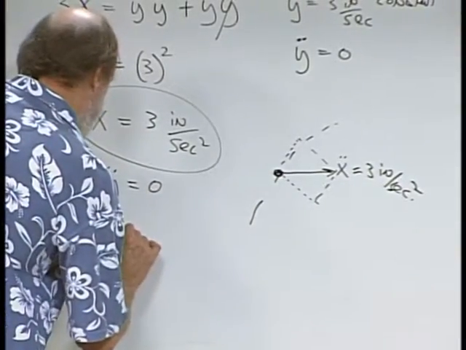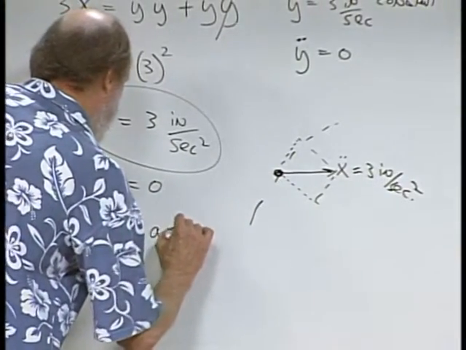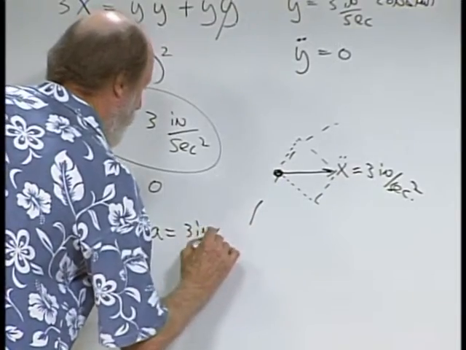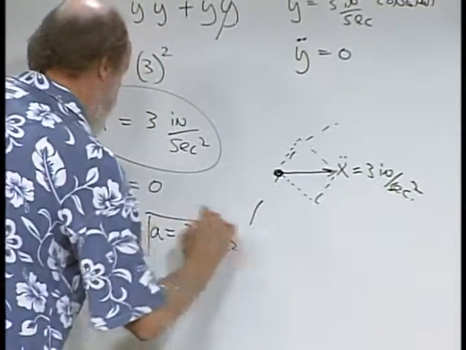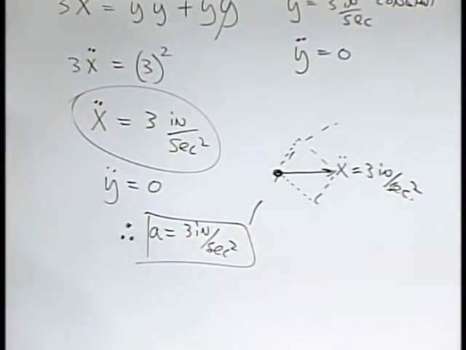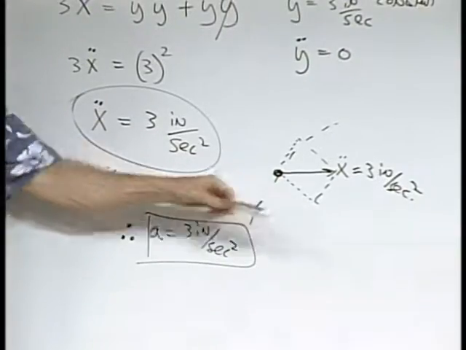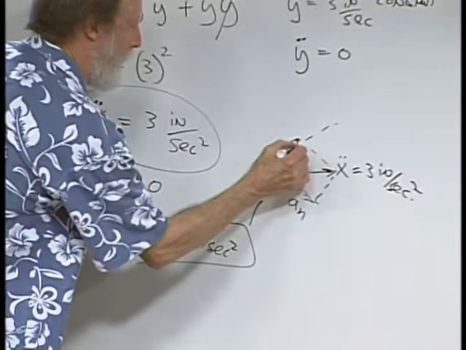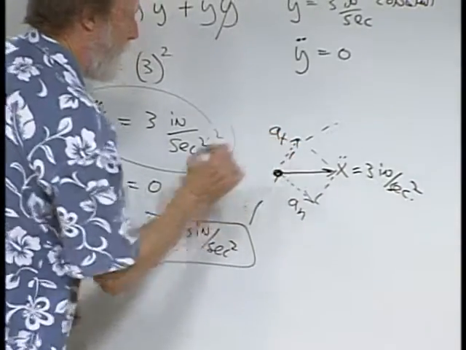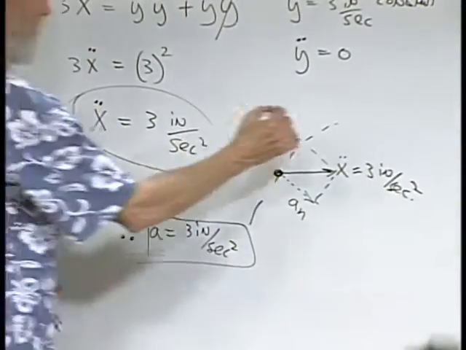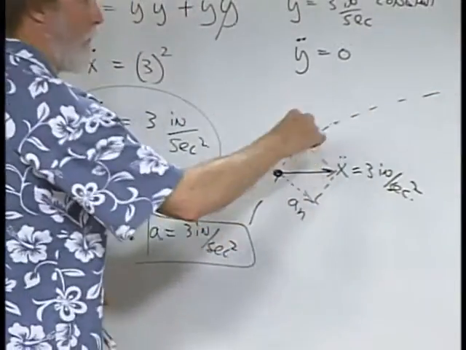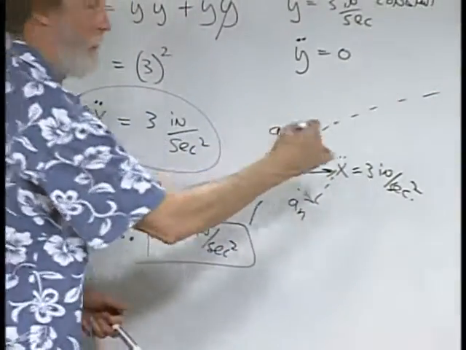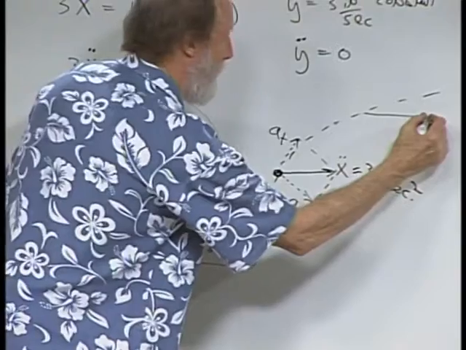So therefore, the acceleration equals 3 inches per second squared. And notice that it has an inward component. That normal acceleration component is inward, and it's got a tangential component. And as this moves further and further over on this square root function graph, and that thing remains 3,